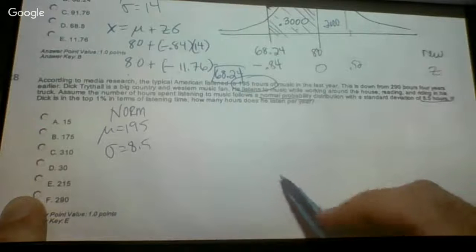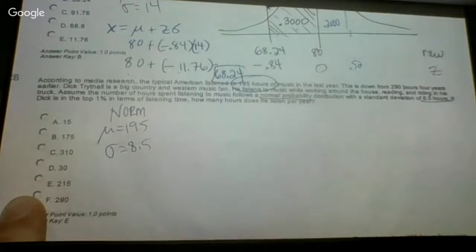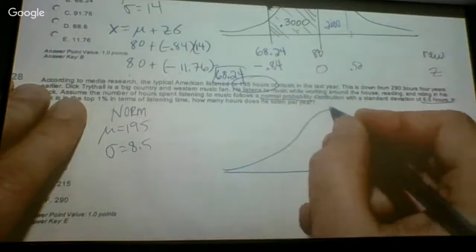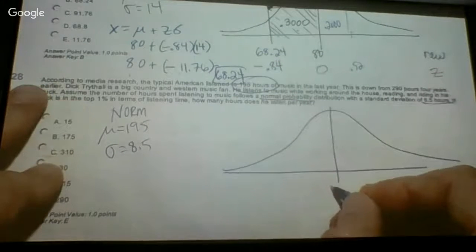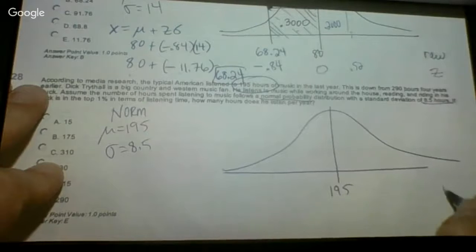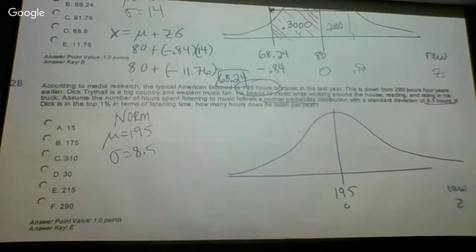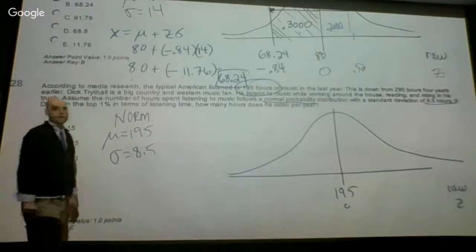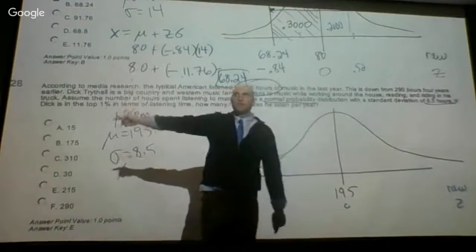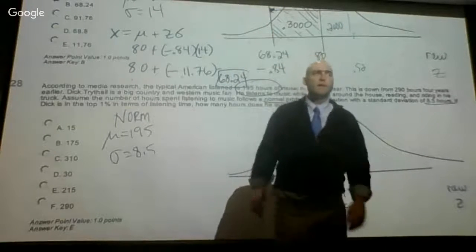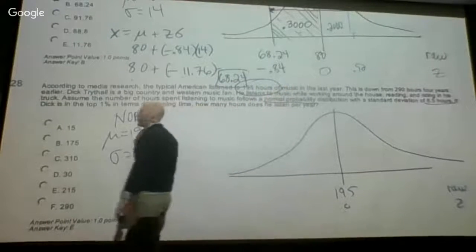We want to know about being in the top 1% of all music listeners. If you're in the top 1%, view the left or the right side of this distribution? Who says left side of the distribution? Who says the top 1% is in the right side of the distribution? Hey, those hands have it. So somewhere over here on the right side of the distribution,